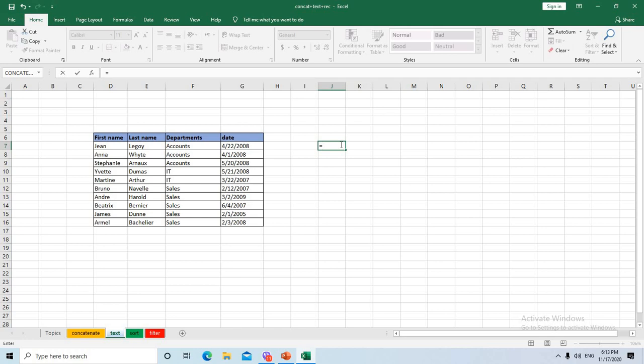Equal sign, write the function text. You can see here, convert a value to text in a specific number format. You must select the format of the number that you want to convert it to. Now, text. For example, I want to convert this number to a currency. So, double quotation,